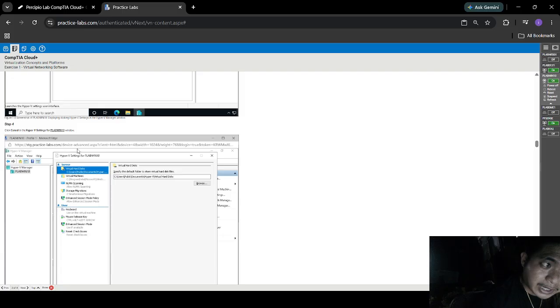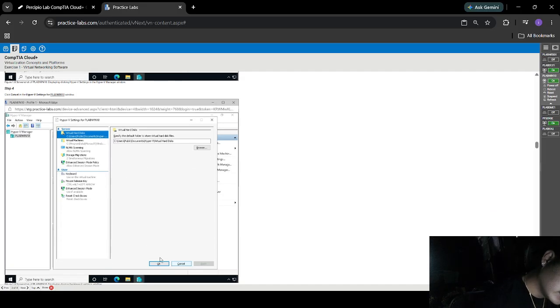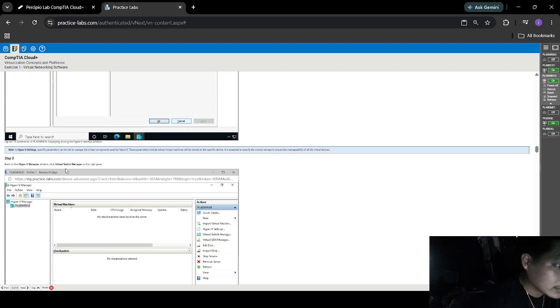Then step 4, click cancel in the Hyper-V Settings for PLAB Win10 window. In Hyper-V settings, specific parameters can be set to manage the virtual components used by Hyper-V. These parameters include where virtual machines will be stored on a specific device. It is essential to specify the correct storage to ensure the manageability of all of the virtual devices.